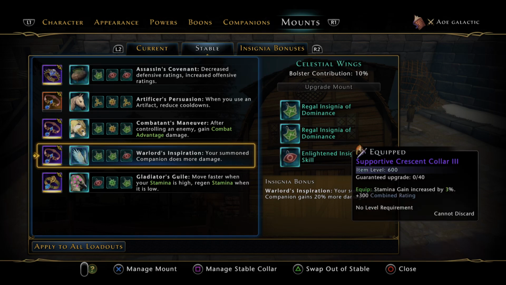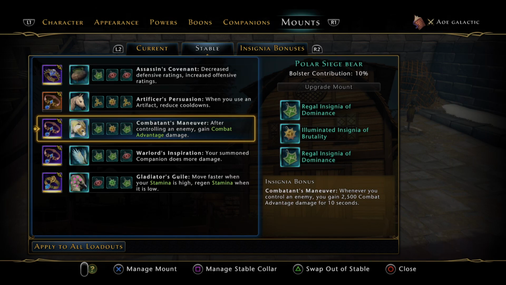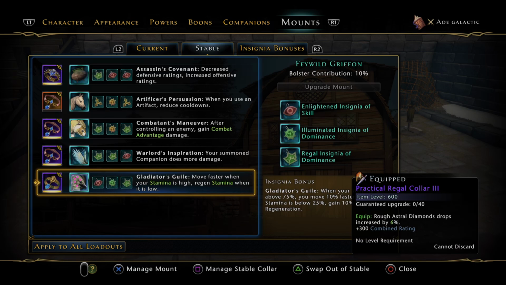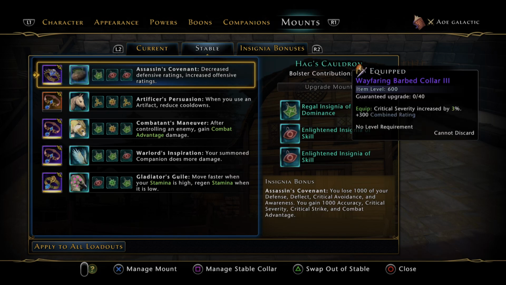Warlord's Inspiration for the increased companion damage, and Gladius Guile, move faster and stamina regen when you're rolling around as well. But any combination, you can use 2 assassins, 2 warlords, 2 gladiators, whatever you really want. This is what I prefer. It's all personal preference. For insignias, I have Dominance,